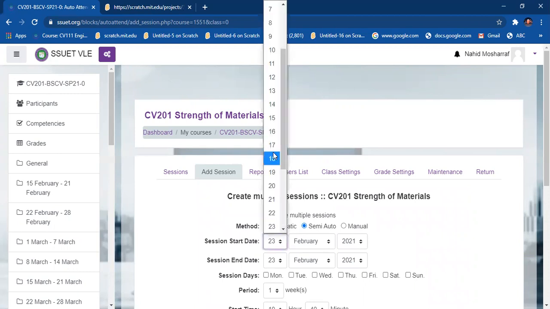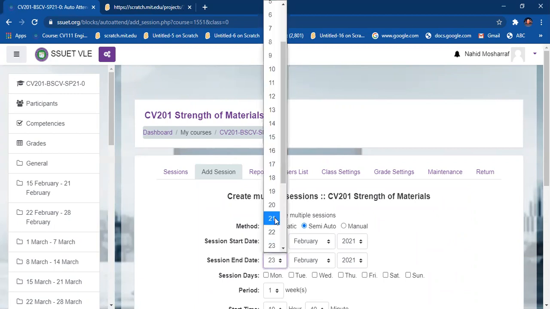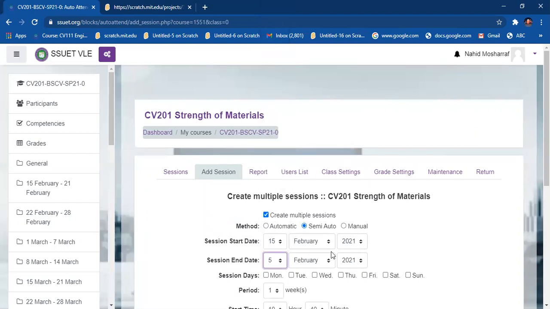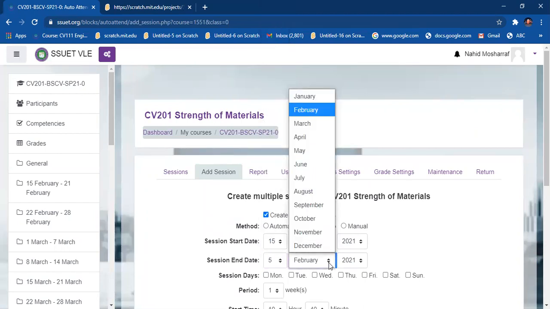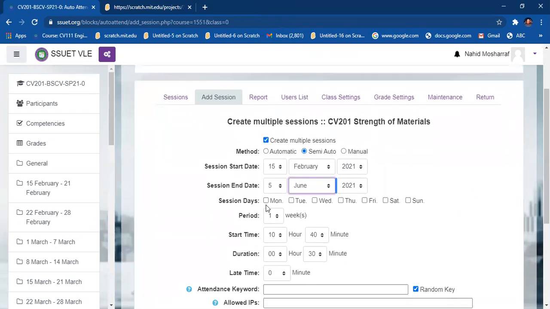So 15th of February, and this is 2021, and the session end date is 5th June. So I have to click on 5th June. Then it's 2021, and on Monday I have this lab session.